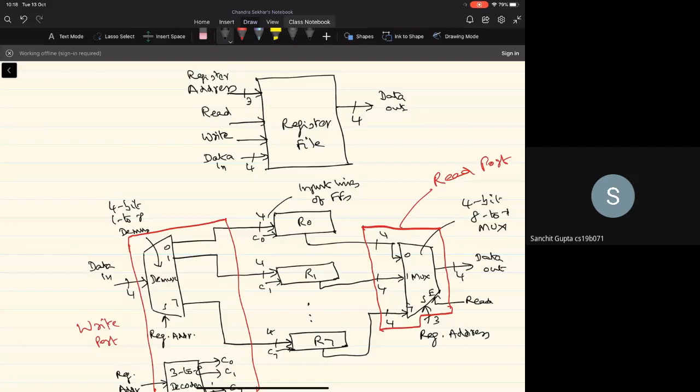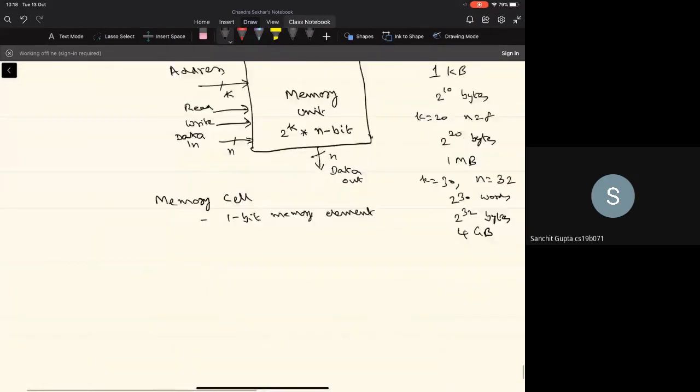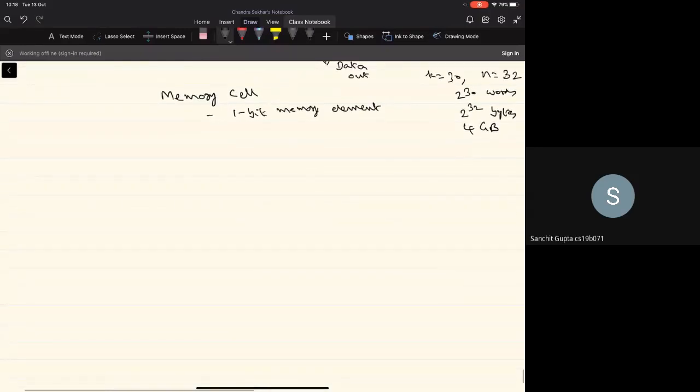We cannot afford to spare so much logic in the multiplexer, the demultiplexer, and the decoder also, to build the memory along the lines of the register file. So typically, we'll not have the multiplexer and the demultiplexers, but we'll manage with simple decoders.